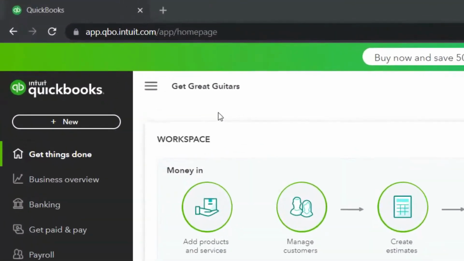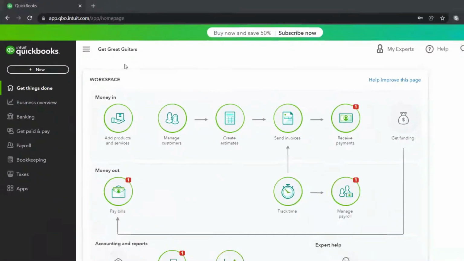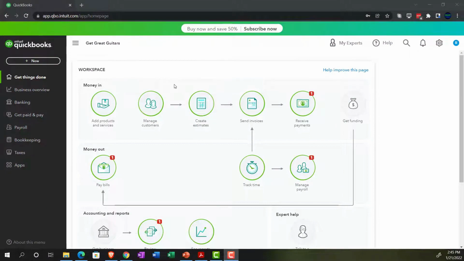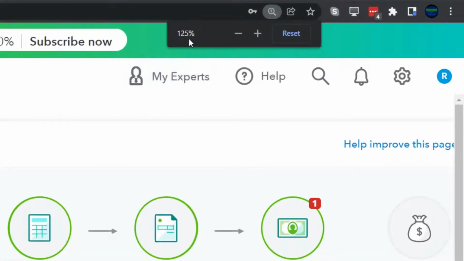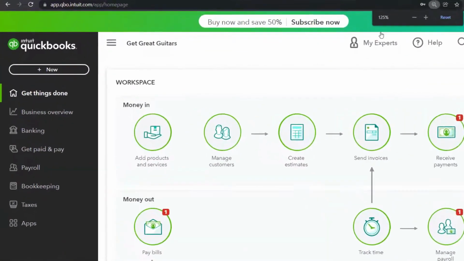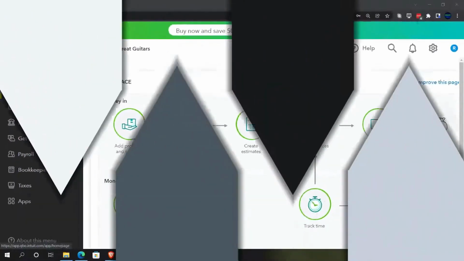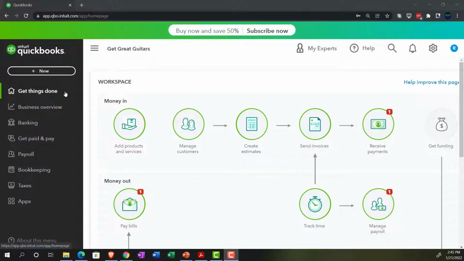Here we are in our Get Great Guitars practice file that we set up with a 30-day free trial, holding control, scrolling up just a bit to get to that 125%. We're currently in the home page or the Get Things Done page. We're also in the business view. If you wanted to change to the accounting view, which you can do by